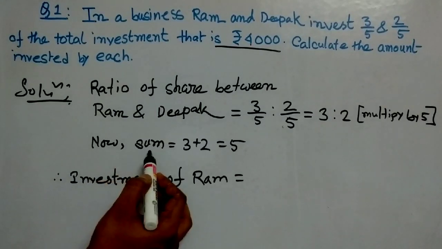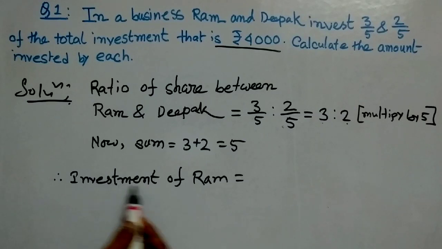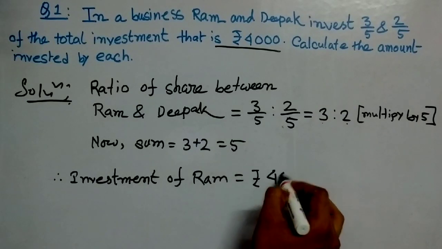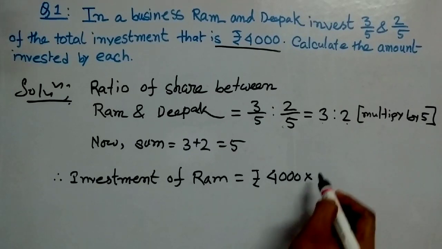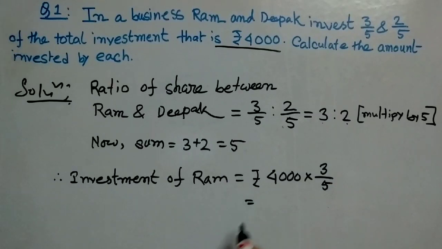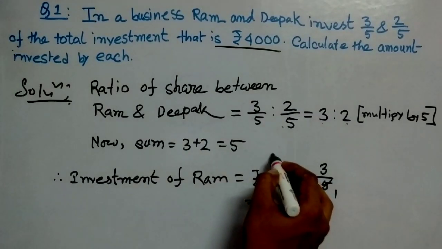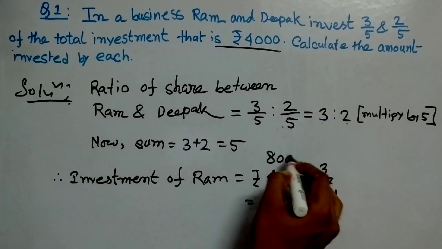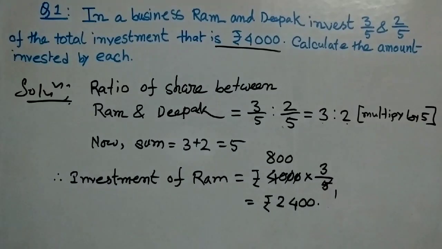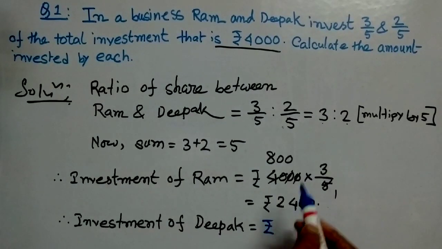Now, sum equals to 3 plus 2, that is 5. Therefore, investment of Ram is equal to rupees 4,000 into 3 by 5. So that is equal to 2400. So the investment of Deepak will be equals to rupees